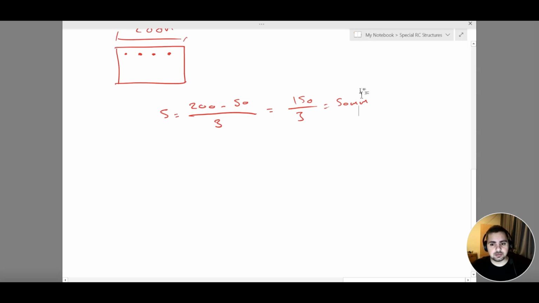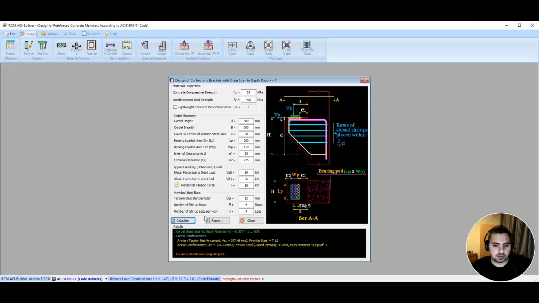However, to stay more on the safe side, we are going to stick with 3 bars rather than going with 4 bars. So we're going to stay with a diameter of 14. Now the shear reinforcement that I have, AH, equals 118.73 millimeters squared, provides steel closed stirrups, 4 rows, each containing 4 legs of Tor 8. So here I have Tor 8 bars. So if we go back to this image here,